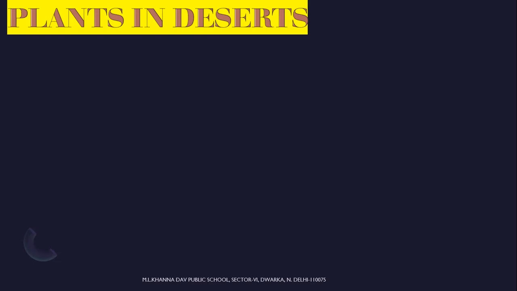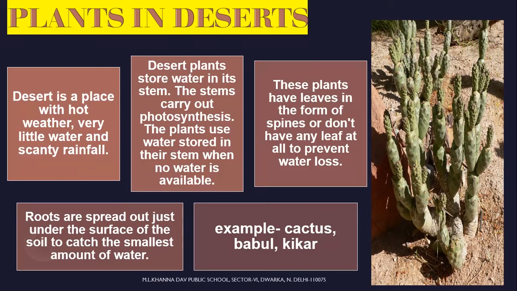Next, we will be discussing about plants which grow in deserts. Plants growing in deserts, they store water in the stems. Because desert is a place which has very less rainfall throughout the year, they have to preserve whatever water they get. So, the desert plants do not have leaves, because of which water loss can be minimized. And in place of the leaves, they have sharp thorns. They are actually modified leaves. It also protects the plants from being eaten by other animals which roam in the desert.